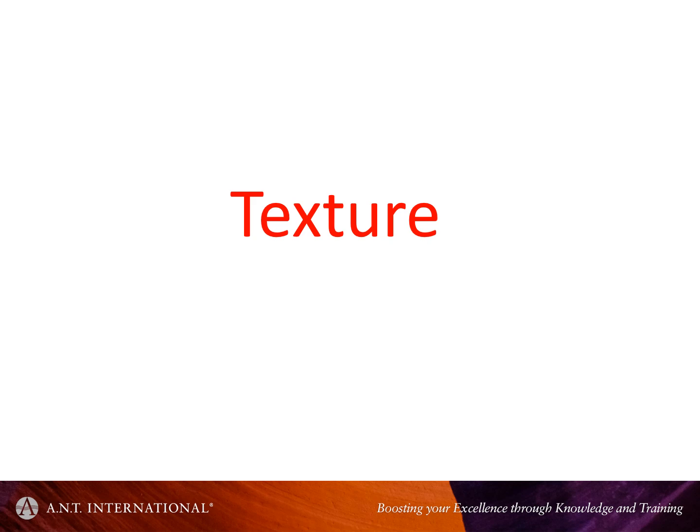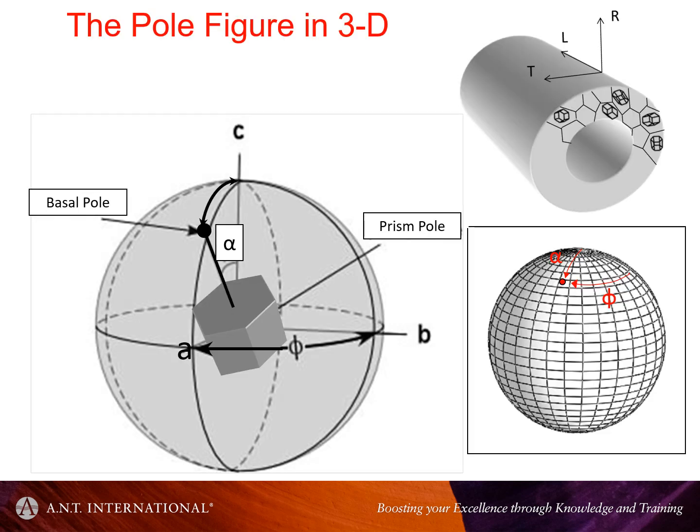So texture, what do we mean by texture? At the top here, you can see I've drawn a schematic diagram of a tube, and in it I've shown typically how that tube material may be constituted of a collection of grains which are all joined together by grain boundaries. So each grain in effect is a separate crystal of zirconium or a zirconium alloy, and these crystals have differing